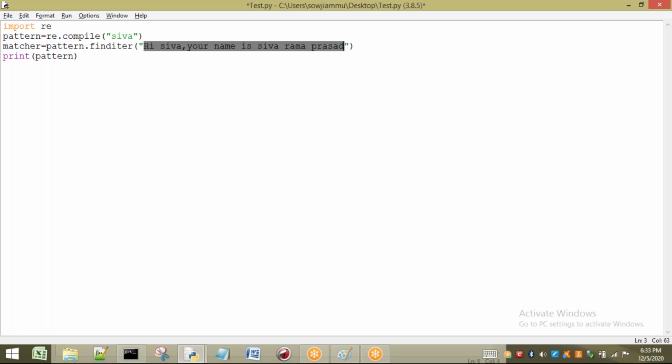That is the concept of this matcher. So what is the task of this object? This particular finditer is going to return the number of patterns found. By using this, it is going to tell me how many Shivas are found. 1 and 2. It is going to return that 2 Shivas are found. Right. Now,